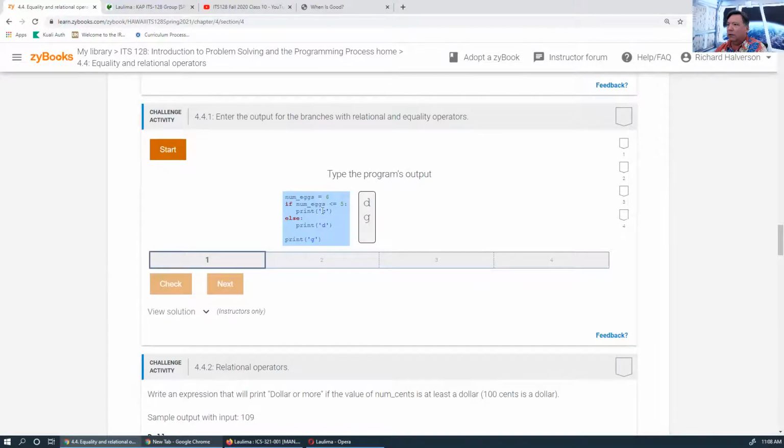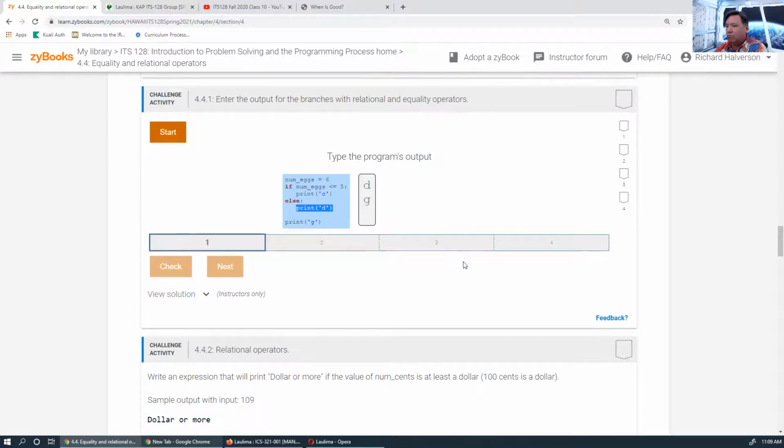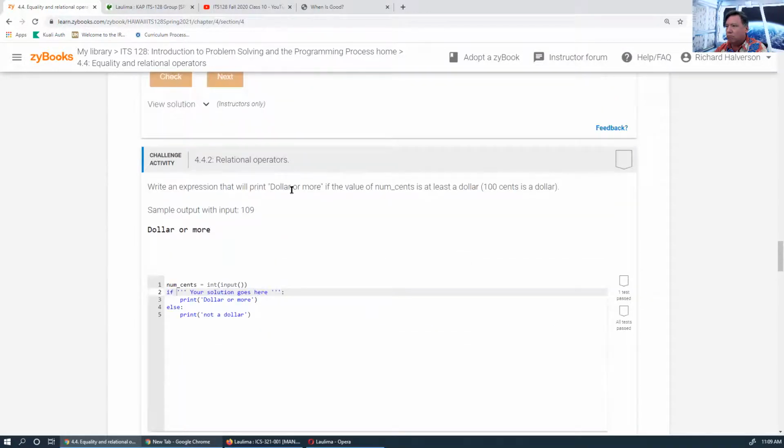All right, that's another one of these where you're testing. Here you're testing your understanding of less than or equal to versus greater than. This is going to be what happens when it's less than or equal to 5, and this will be what happens when it's not less than or equal to 5, or in other words, when it's greater than 5. $1. If the value of num cents is at least $1. Okay, so